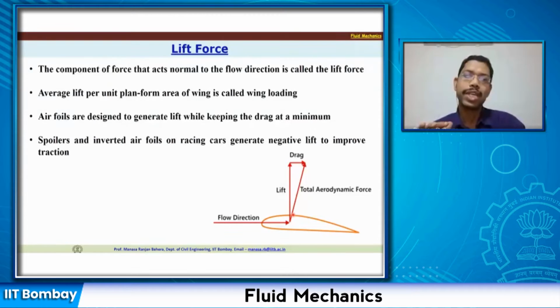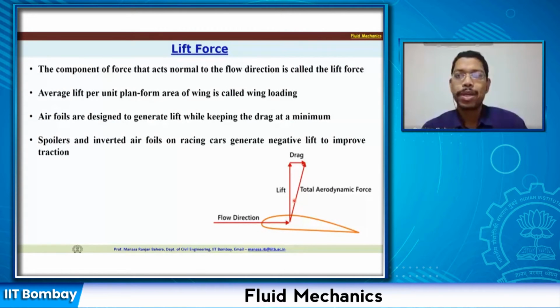Now you might have seen many racing cars. They need to be grounded as much as possible so that they don't topple over. The lift force should be pushing them to the ground so that even at high speed they are stable. For that, the same airfoil is placed in an inverted manner so that the lift force acts downwards and the speeding racing car is going to be stable and attached to the ground, unless the inertia that is going to lift it up is more than the lift force that has been calculated for.